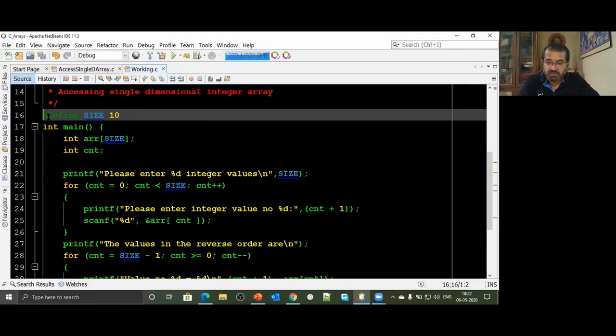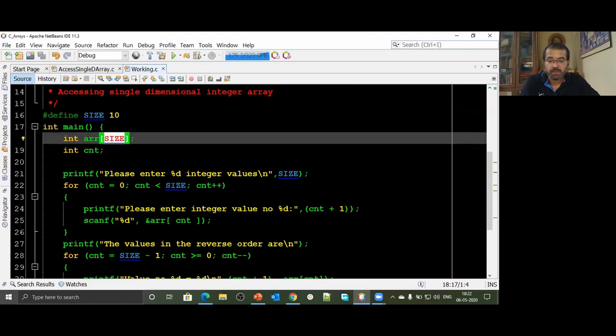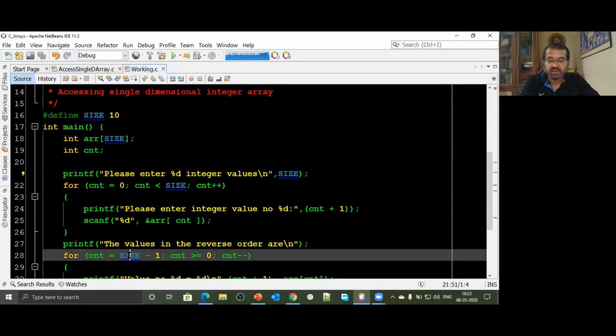This was a preprocessor directive. Any statement that begins with the symbol # is a preprocessor directive, so it is interpreted by the preprocessor. This replacement has happened even before the code is sent for the process of compilation. Running and compiling a C code was the first topic that we discussed when we started the C course.